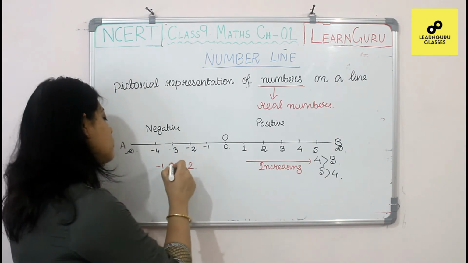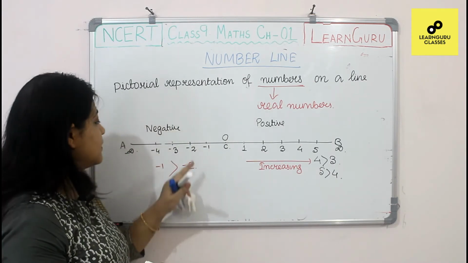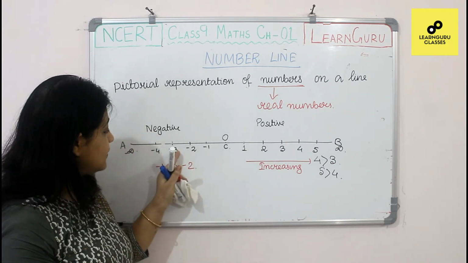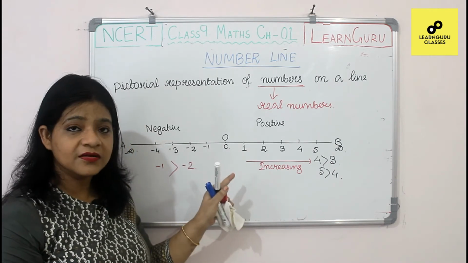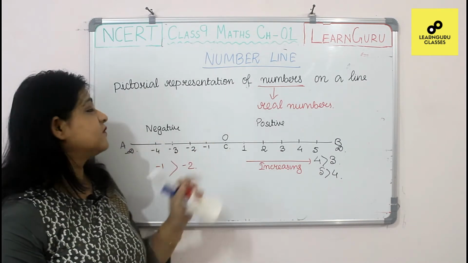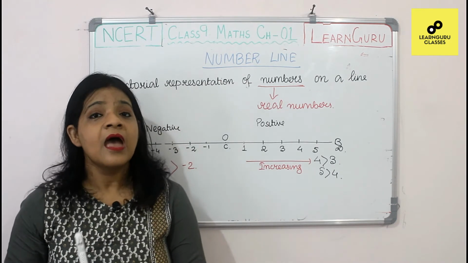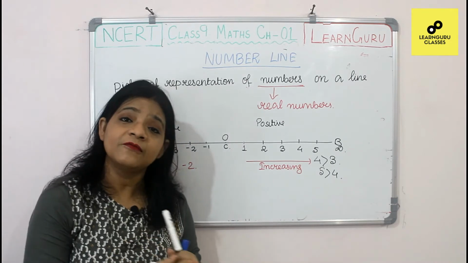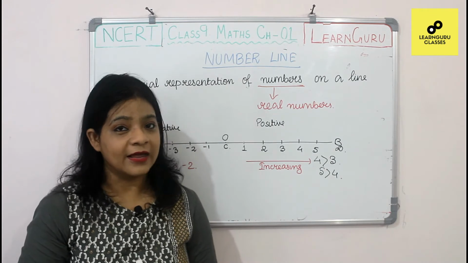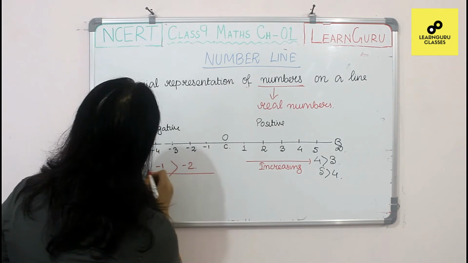Of course -1 is greater than -2. -2 is situated to the left hand side of -1, -3 is situated to the left hand side of -2, meaning -2 is smaller than -1, -3 is smaller than -2. So we can conclude that as we proceed towards the left side of 0, we will get decreasing values